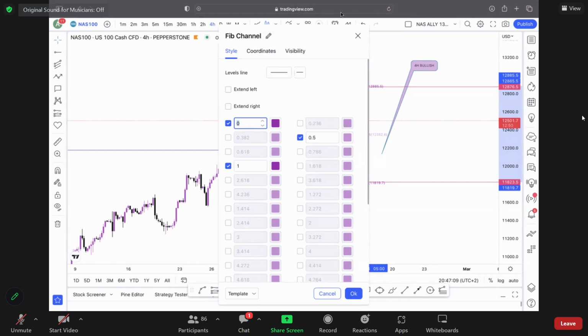Go create an account. You don't need to have a paid account. If you want to do back testing and be able to use the replay bar, that does cost money, but I can assure you, I literally didn't have that for over 2 years of trading, and you don't need it. Marco still doesn't have the paid version. Okay, you don't need the paid version. You just need to focus on the simplest things.